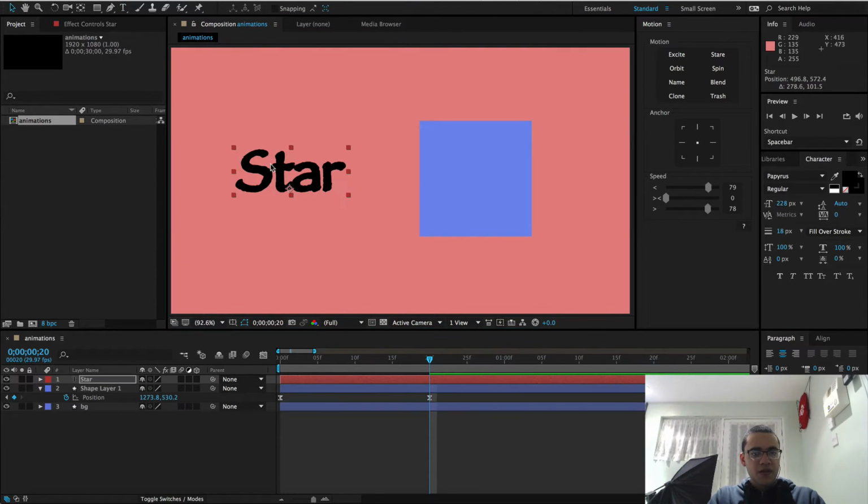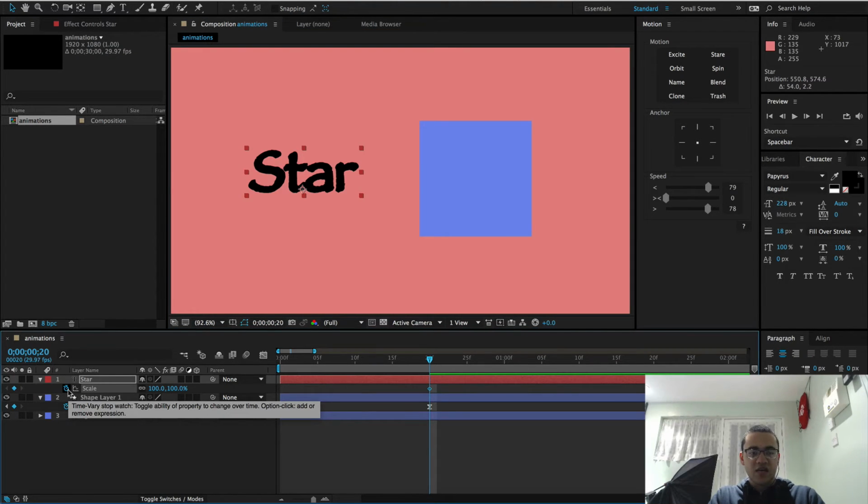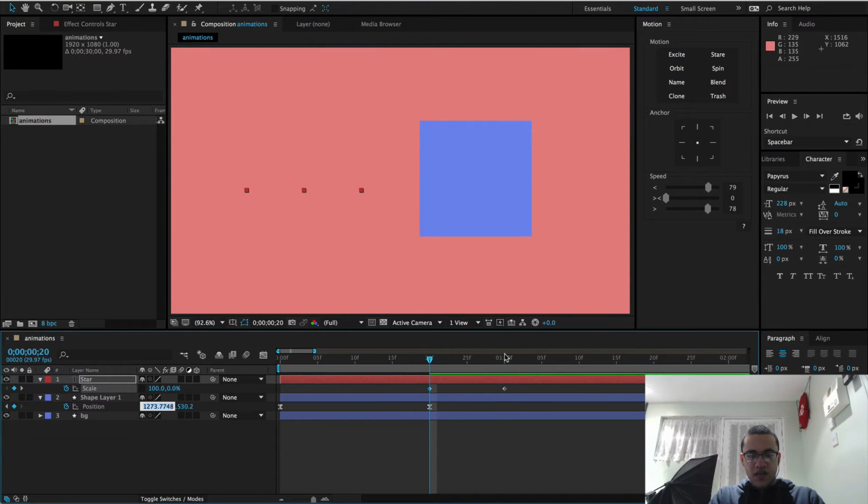So something I do a lot, and it's not just text, with stuff like text and boxes, is something with the scale, and it's S to get upscale, by the way. So what you can do is press this, make a point there, and make a point like 10 frames later, and then you can have it go down like that. Oh, sorry, wrong way around. I do this pretty much every time. I always put it down there, but I don't put it there. And basically what it's going to do,